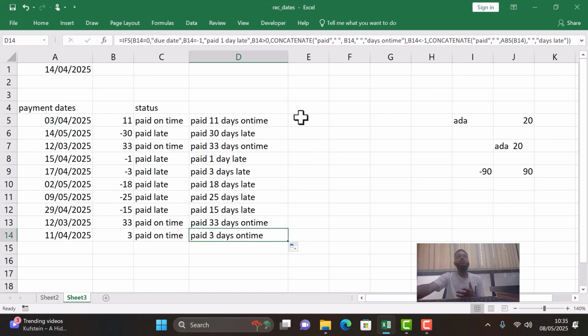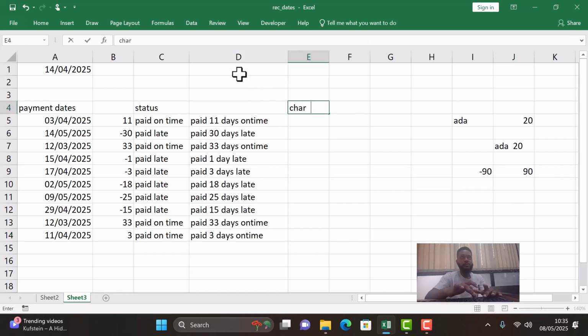Now I think the next thing we do here is the charge. The next thing we write here is the charge. So let's say the charge is a fixed amount. Let's say the charge is, you can write the charge here. So the charge is 10,000. So we can do something here. We can do that everyone that paid on time will have